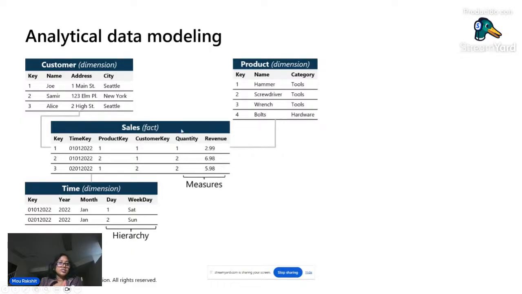You can notice that this particular table is showing product key, customer key, and then its own surrogate key. We call them surrogate keys. They are basically primary keys, an auto-generated number. So sales is your transaction. Suppose this is a retail example. You have your sales transactions in your sales table. That's the transaction table. And you have your customer dimension.